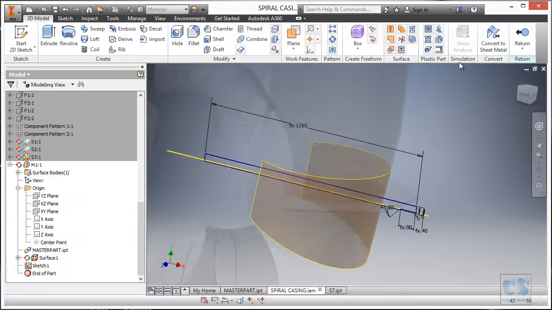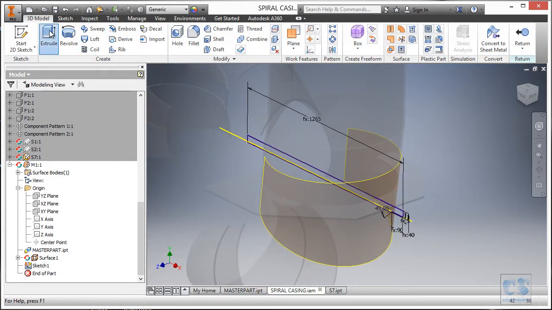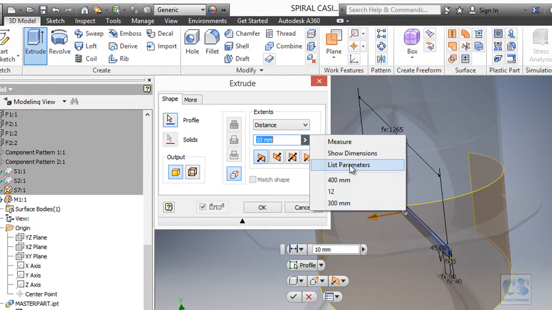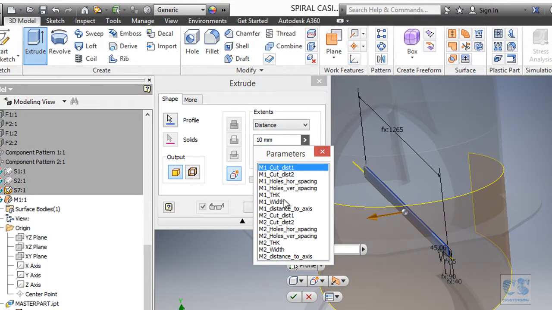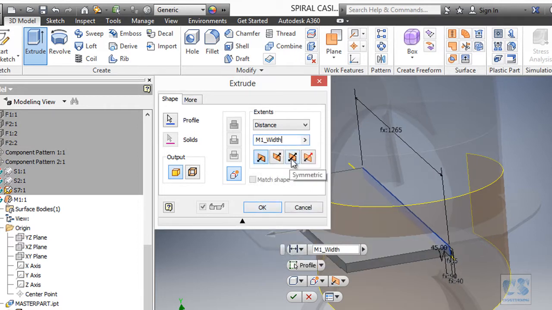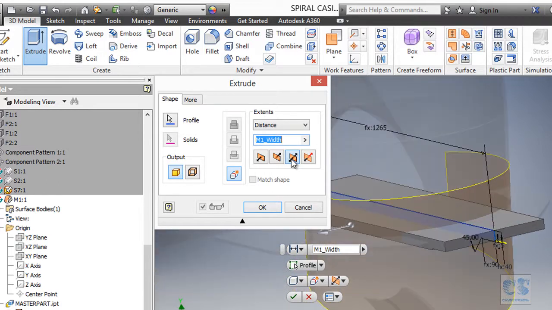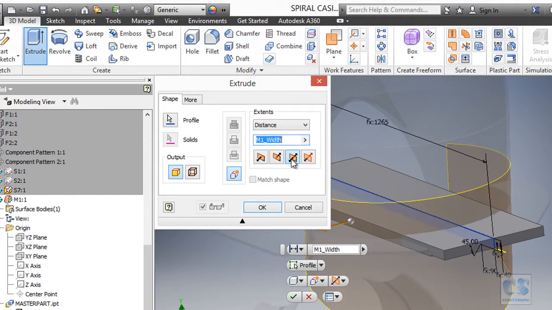We'll finish the sketch and create a protrusion. We want this parameter to be the mounting plate width, and maybe what we can do is have this divided by 2. You will see why later.